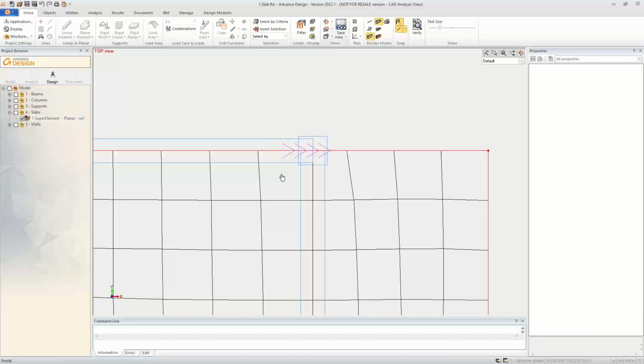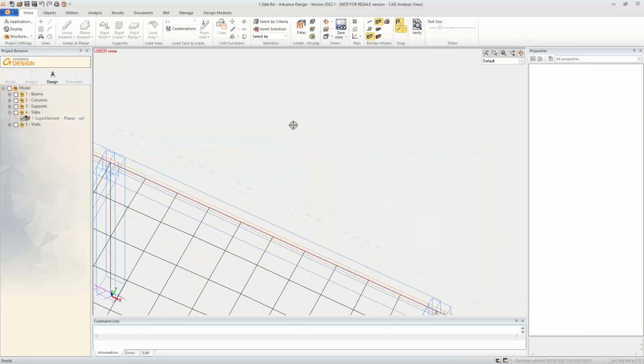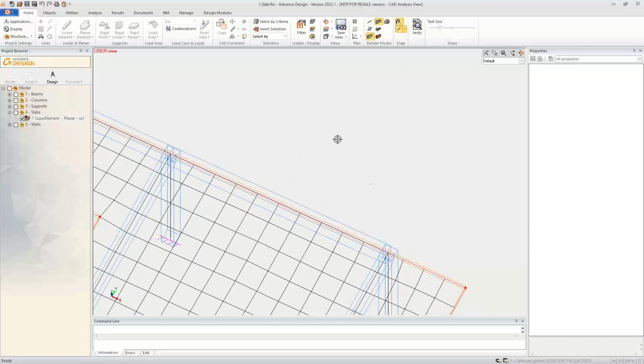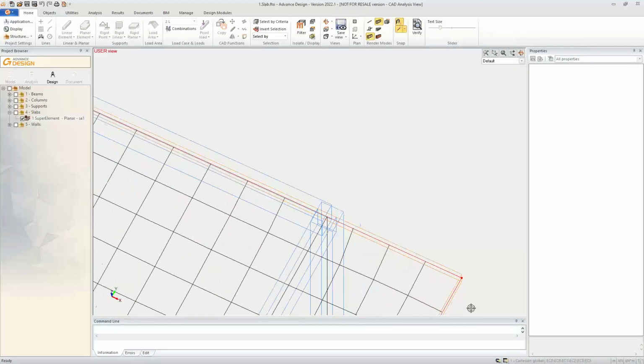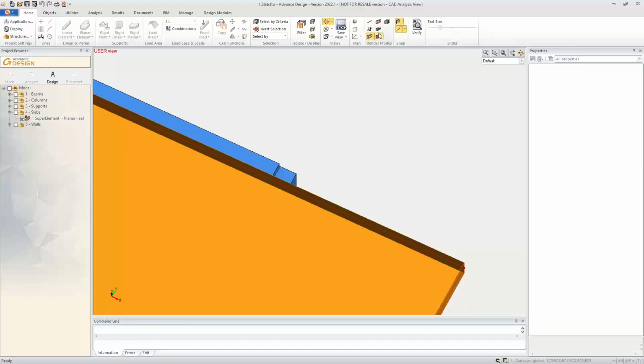Maybe the beams should be moved below the slab. So depending on how we modeled the slab in the 3D model, we could have different needs for drawings. That's why when I open the module again,